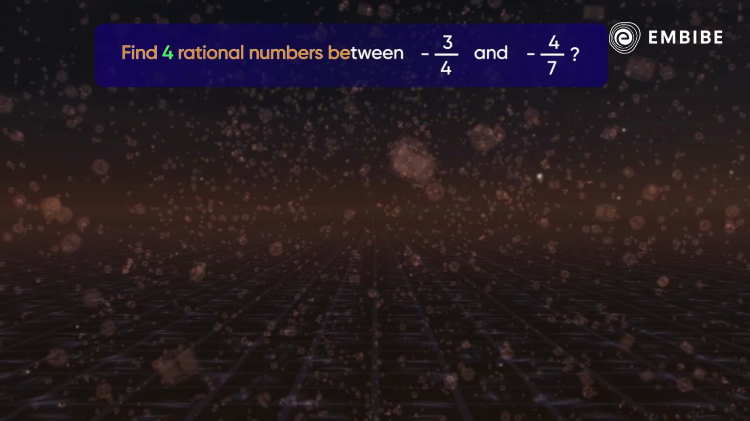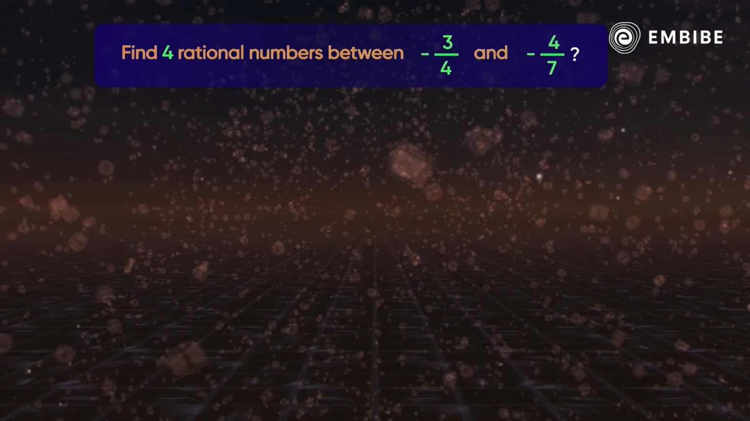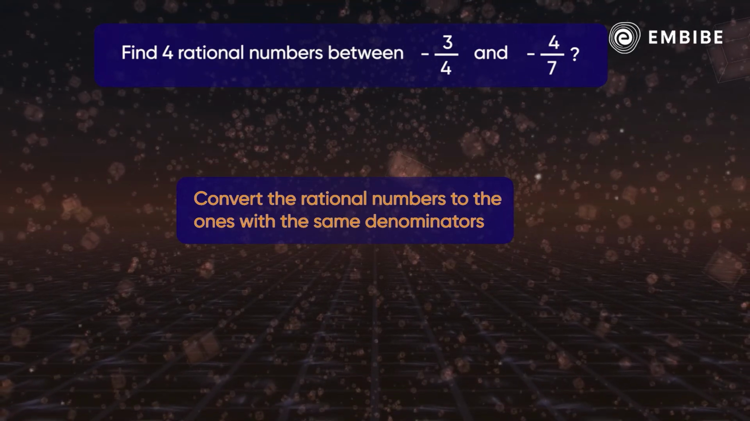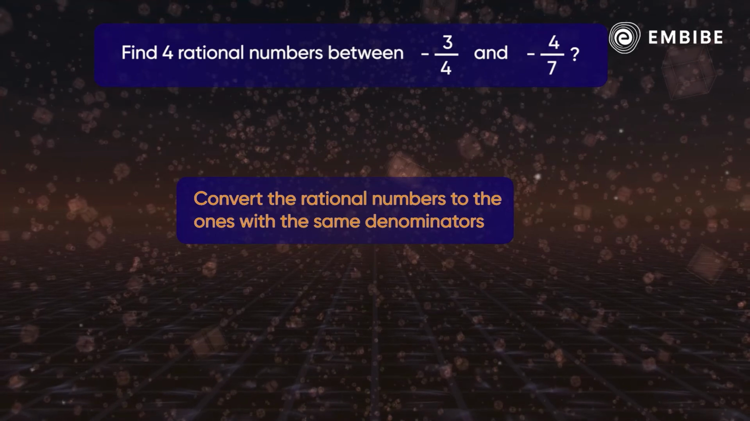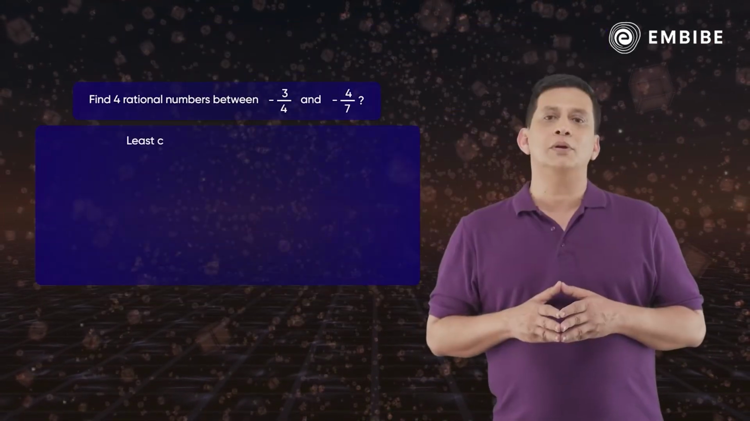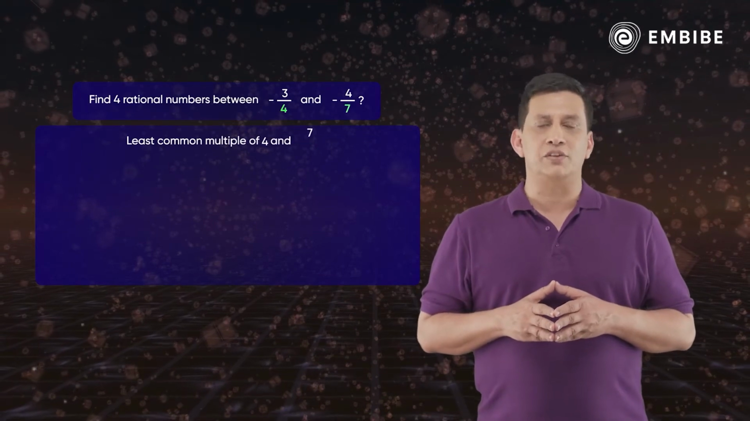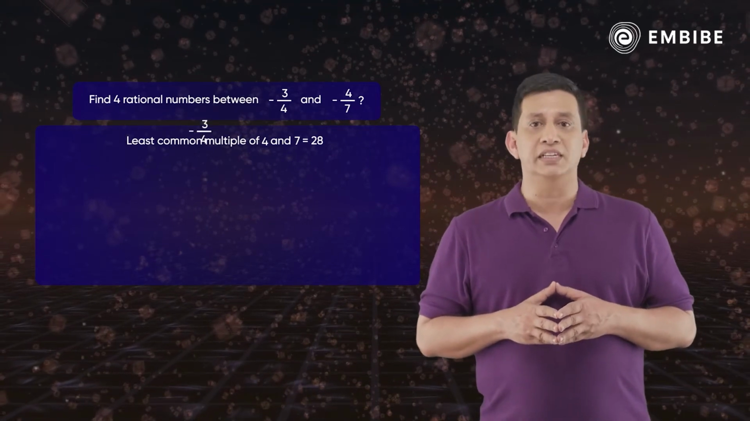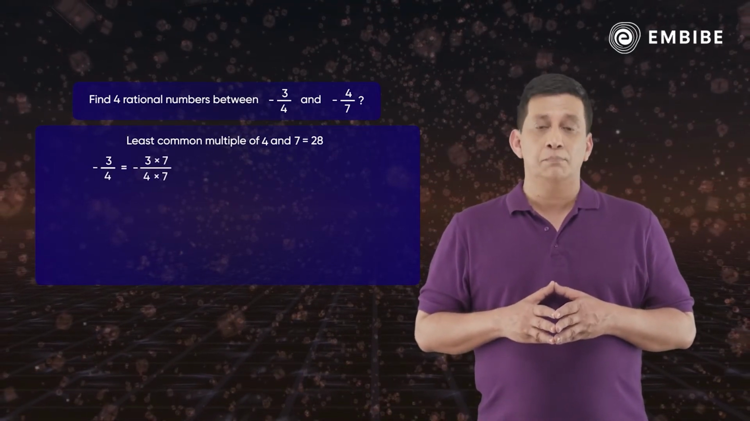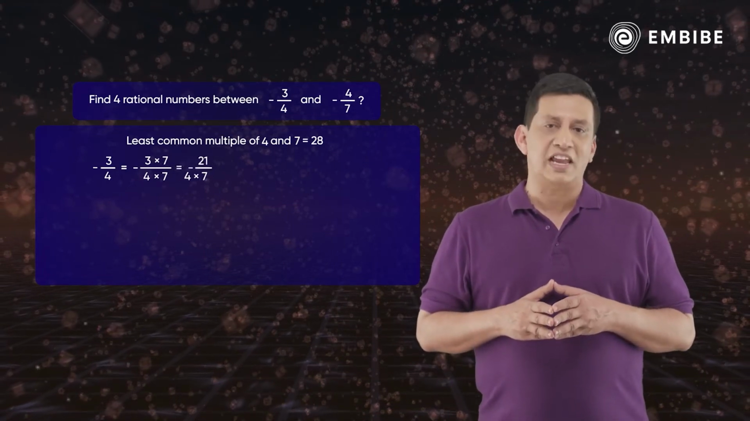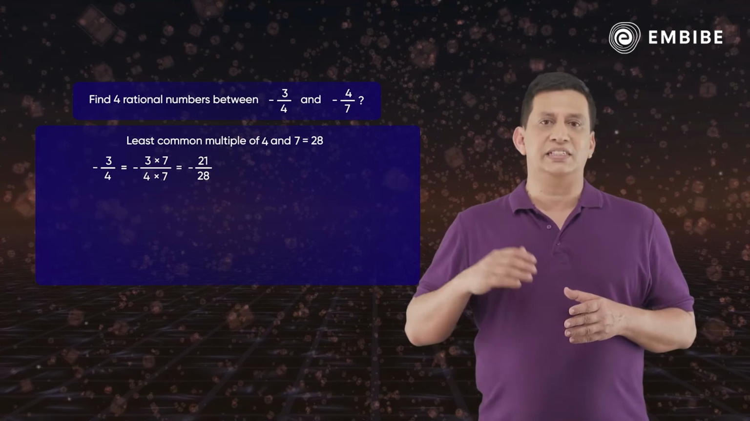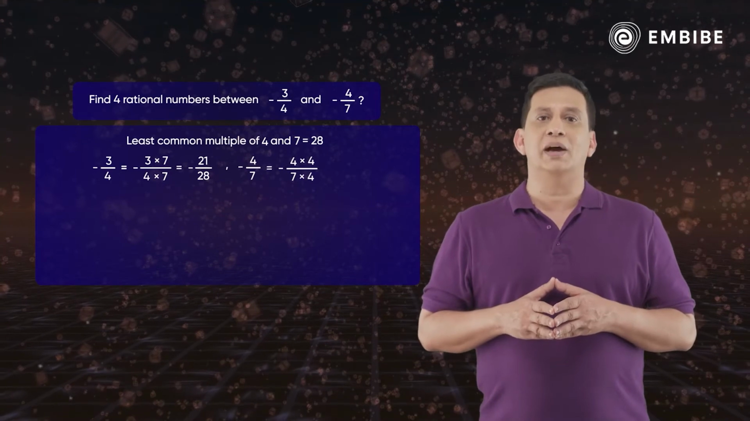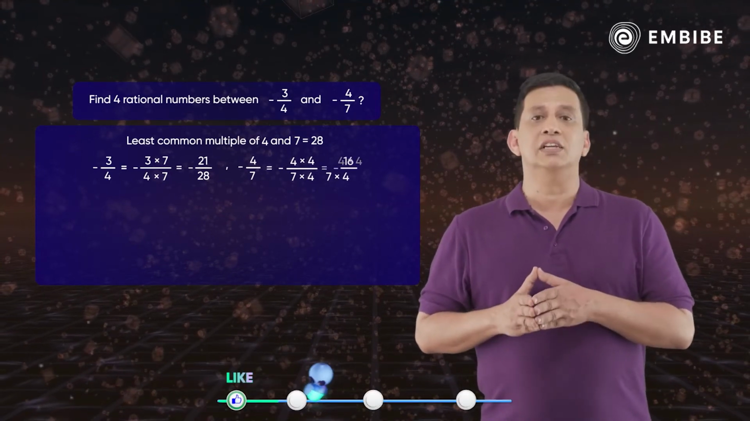Find 4 rational numbers between minus 3 by 4 and minus 4 by 7. First, write the two fractions with the same denominator using the least common multiple of the denominators 4 and 7. The least common multiple of the denominators 4 and 7 is 28. Now, multiply the numerator and denominator of minus 3 by 4 by 7 to get an equivalent fraction, minus 21 by 28. Similarly, multiply the numerator and denominator of minus 4 by 7 by 4 to get an equivalent fraction,